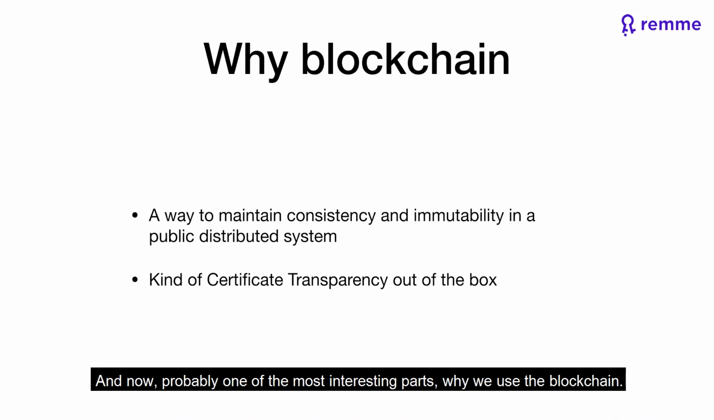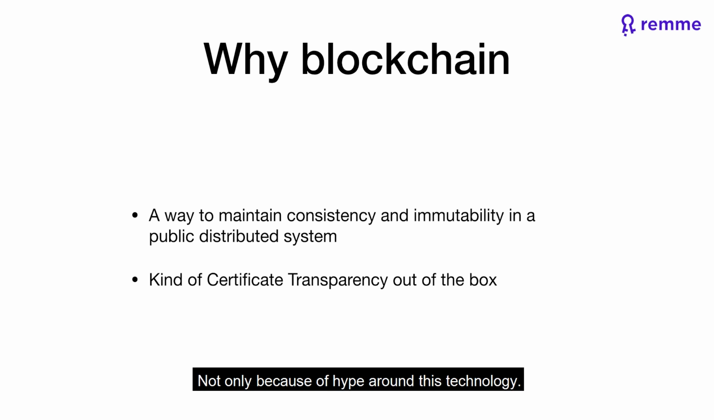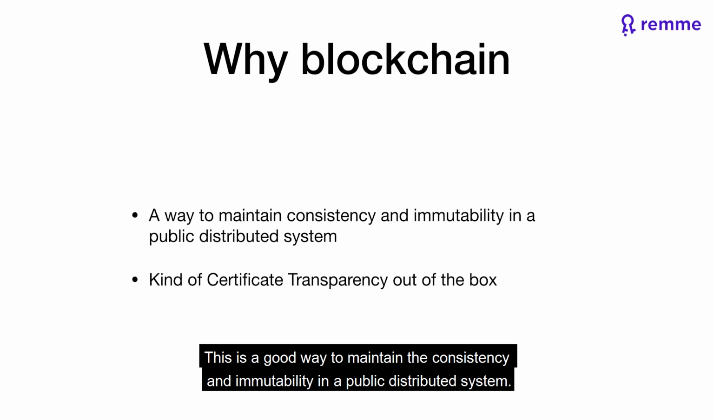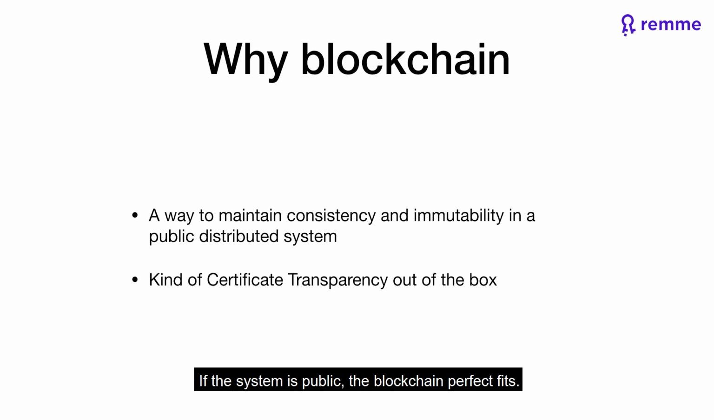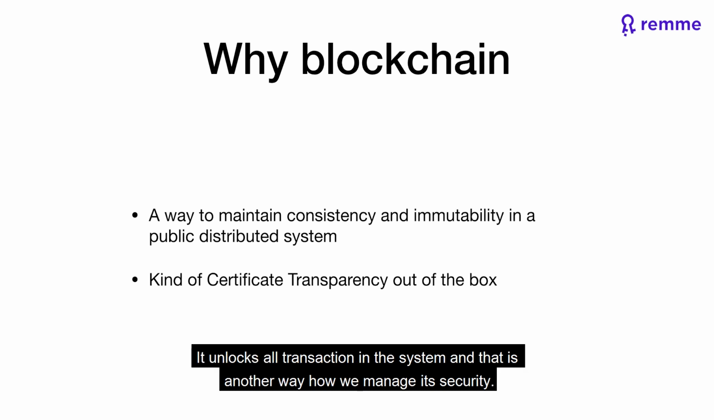And now probably one of the most interesting parts, so why we use the blockchain. Not only because of hype around this technology. This is a good way to maintain the consistency and immutability in a distributed system. If the system is public, the blockchain is the perfect fit. And another property of the blockchain, which is very interesting, is that it stores the log of all transactions in the system,